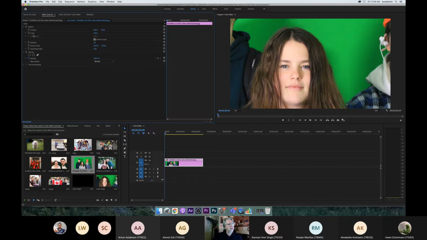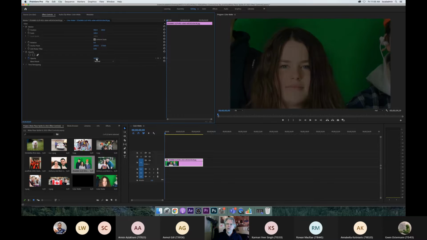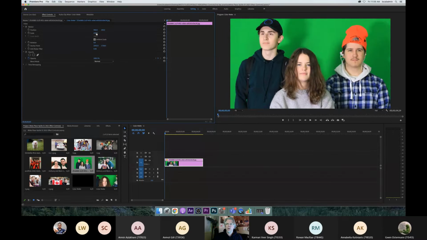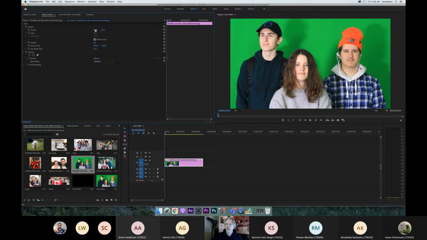And again, you've got position, scale, rotation, all these other things. You've got opacity. You can turn it to 0, crank it up to 100, or see what it's doing there. But I'm not going to change the opacity. I'm just going to leave it. What I want to change is the scale. So let's go from 100 down. And let's change the position, just to make it a little bit more pleasing. Okay, that's pretty good. Although, I'm a perfectionist and I see a little bit more space on this side. So I'd probably do that. So get in the habit of using your effect controls to change the position and scale, because it will offer you a lot more power. Say if something needs to be rotated a little bit,